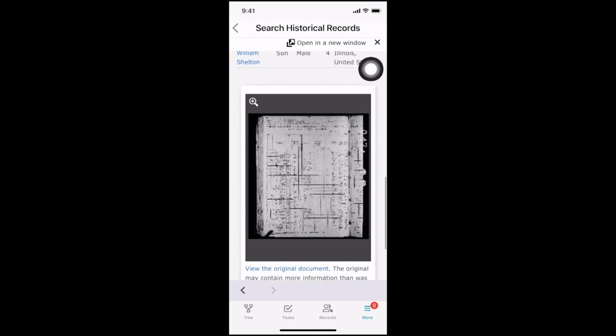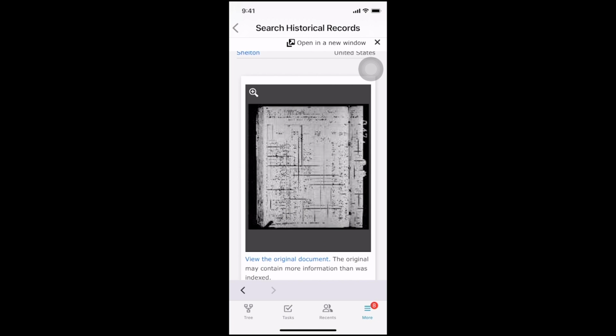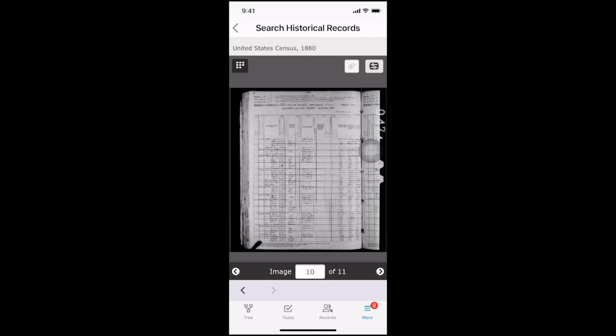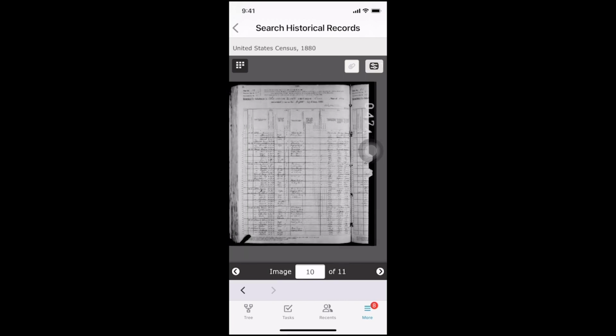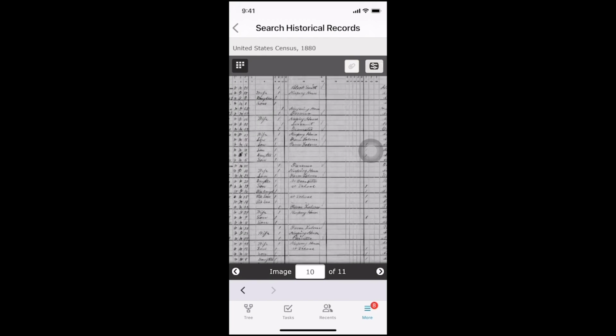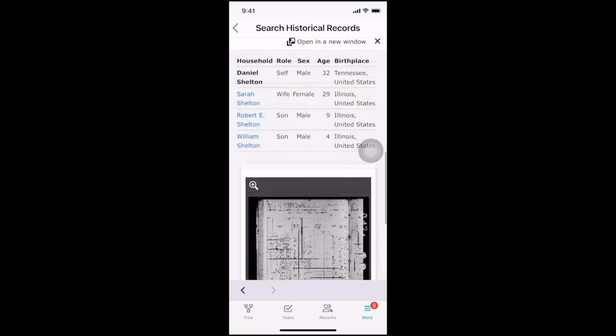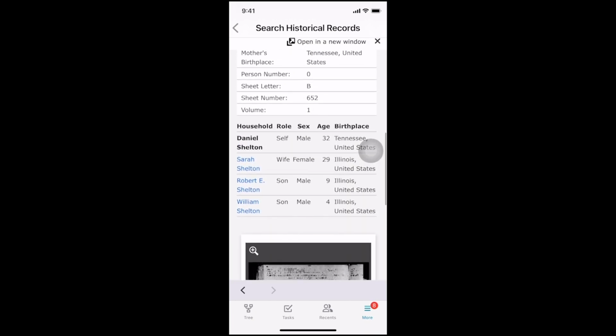So I found a record that I want to look at, and I scroll to this image and I tap on that image right here, and it opens it up. And this is where you can actually get to the photograph that was taken of the actual record. And I can pan, I can zoom, I can look at more detail, and this is really interesting to look at this information. That's Search Historical Records. It happens to be one, if not the most used feature on FamilySearch.org, and also one of the top features